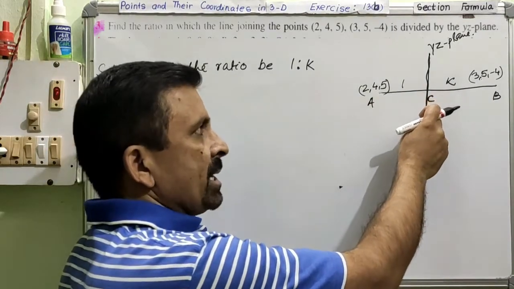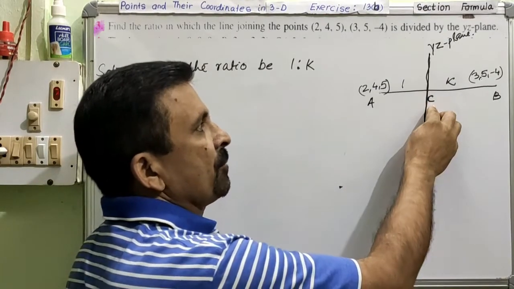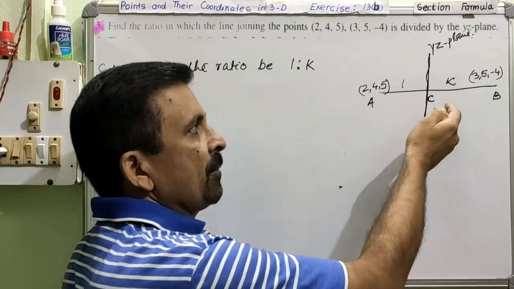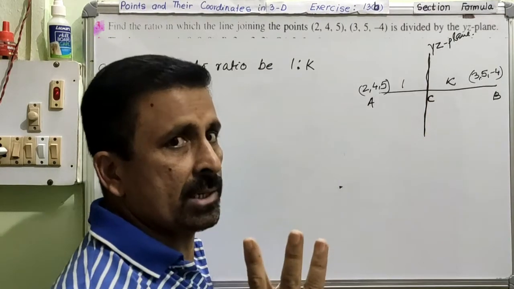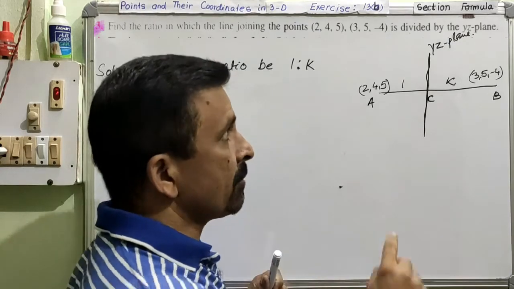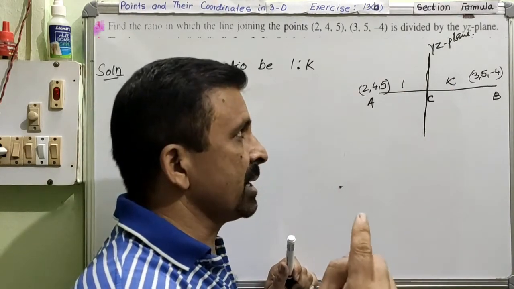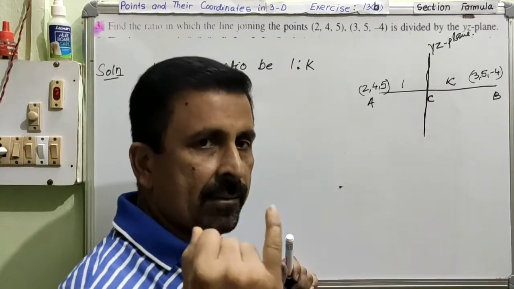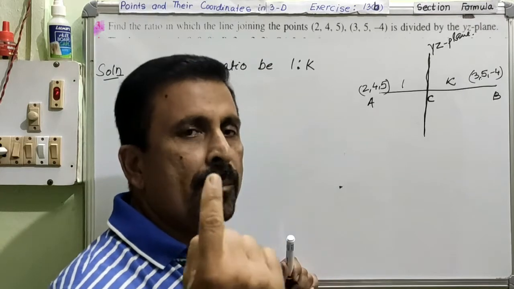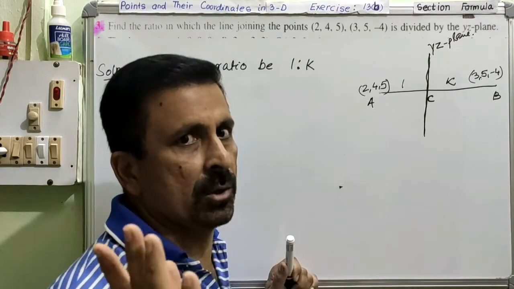When you calculated in the previous question, you might have seen that when you calculated the coordinate of C, you calculated the value for X, then the value of Y and the value of Z. Three things you have calculated, isn't it? But here, when you have this ratio, you can just use one of the formulas. Out of the 3 formulas for finding the value of X, Y and Z, you have to select one of the formulas. Only one formula can sort out your difficulty.